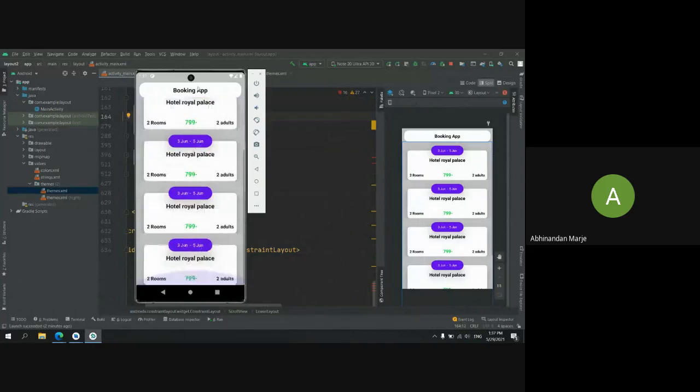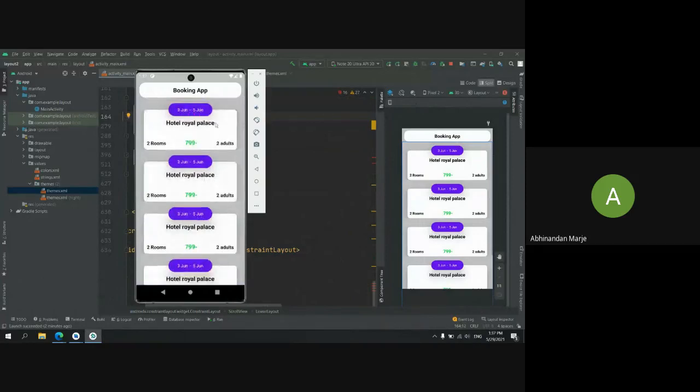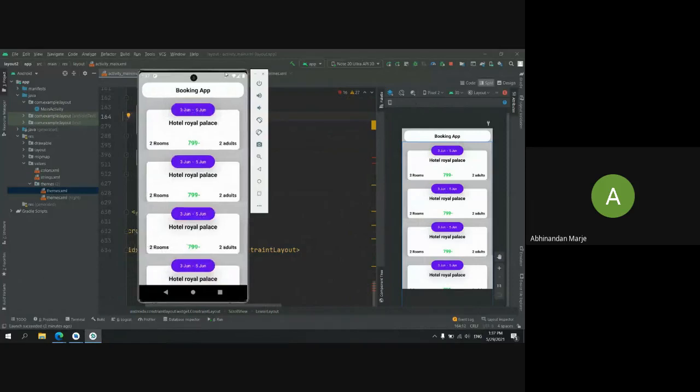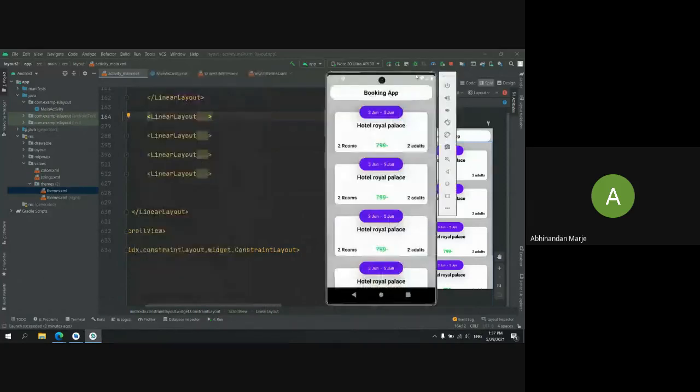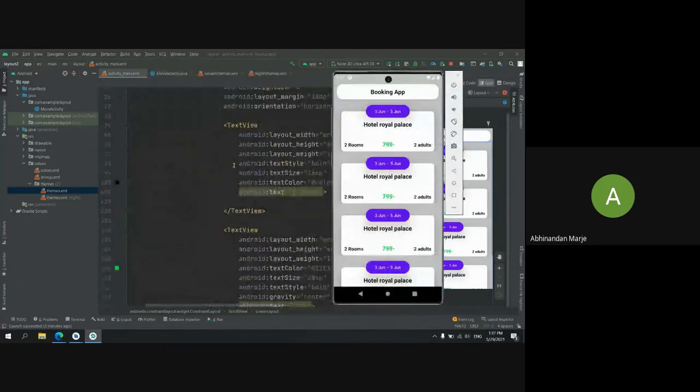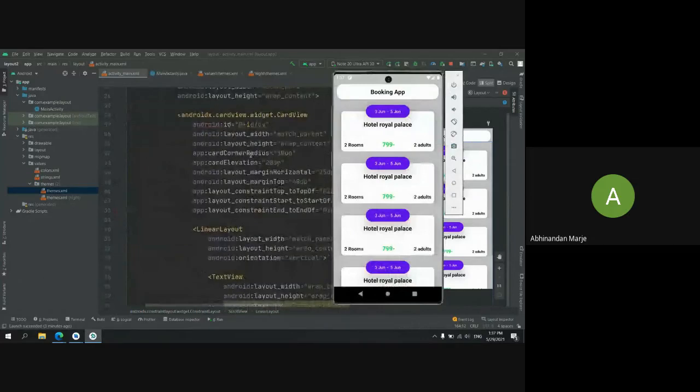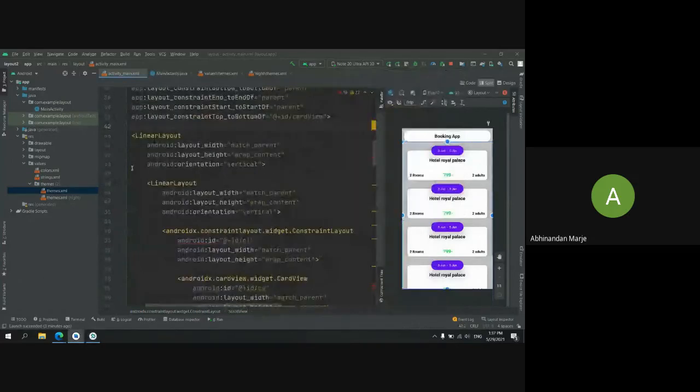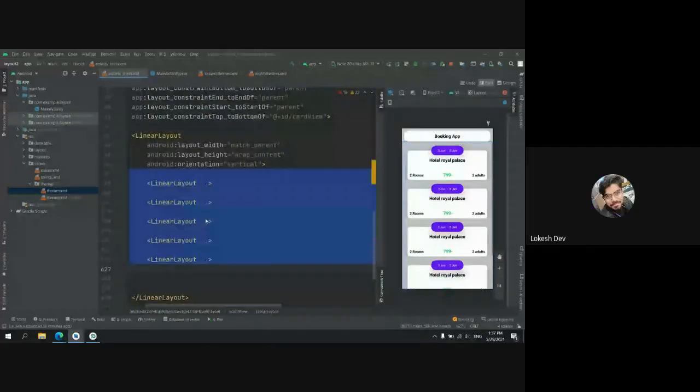If I start RecyclerView now, it will be a little tricky, so I'm not starting it. This is not how we build professional apps. When we want to include this kind of stuff, we use the RecyclerView. But for just layout practice, to get to know how layout weight is used or how the ScrollView is used, I am giving you this task. Okay.